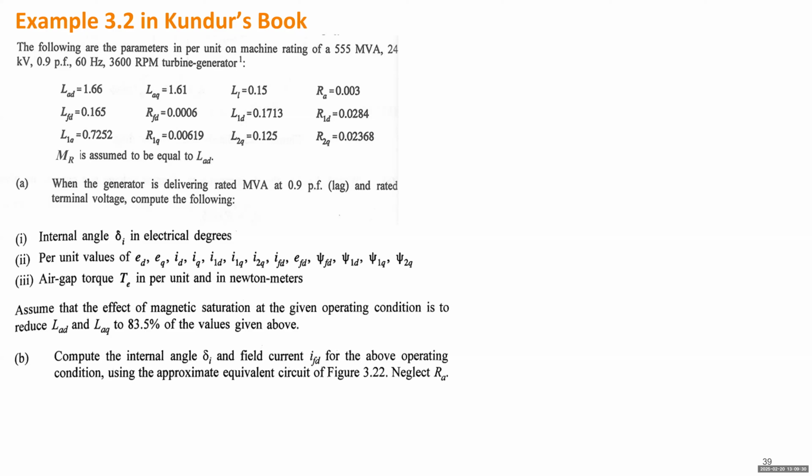Then we merge the two circuits into the same circuit, which is simply the internal voltage, EMF, electromotive force behind the resistance and reactance. If we use that circuit to calculate the angle, compared to the accurate angle, let's see how the difference is. We learned for the round rotor generator, that difference can be very small, because for a round rotor generator,